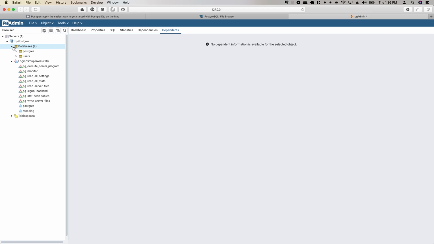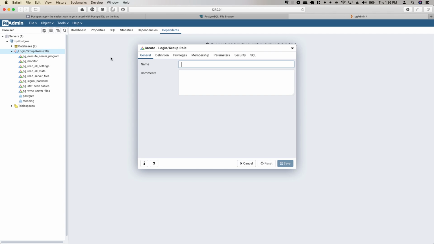Now let's create a login user, so if we are using any application, we can perform operations using this authenticated user. Inside our login group roles tab, we need to right click, or two-finger tap if you are using a trackpad. Then choose create and login group role.